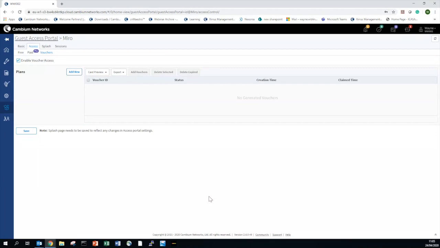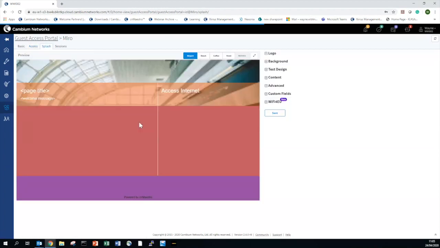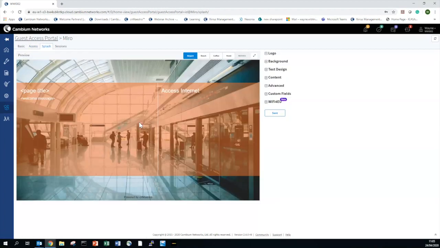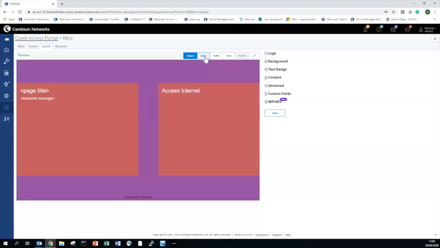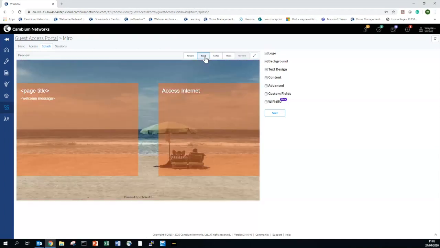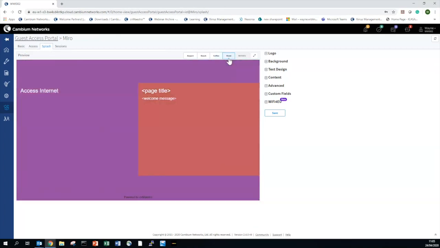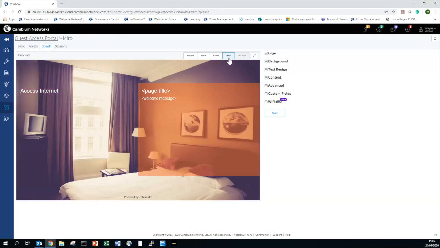Now let's look at how easy it is to actually put up a splash page. If I click on the splash page, we've got several templates that you can utilize. One in the airport, one on the beach, one on the coffee shop, and one for the hotel. Okay, relevancy here today, as we sit in lockdown, is not very relevant, because we're not allowed to go to the airports, we're not allowed to go to the beach, we're not allowed to drink coffee in a coffee shop